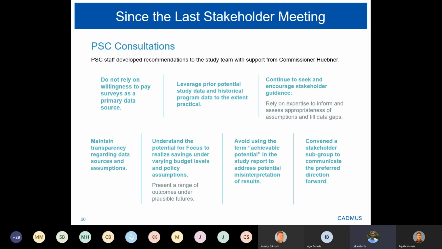The first year of the study is 2023, it goes through 2034. So with any future-looking work, we do want to consider scenario options based on different assumptions about what the future may look like. We also will avoid using the term achievable potential, both in the presentations, in the literature that we develop and put on the website, and in the study report itself, so that we can avoid potential misinterpretation